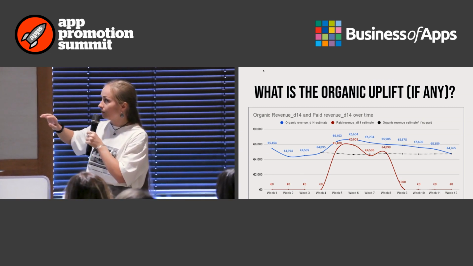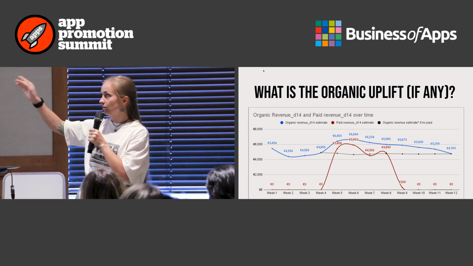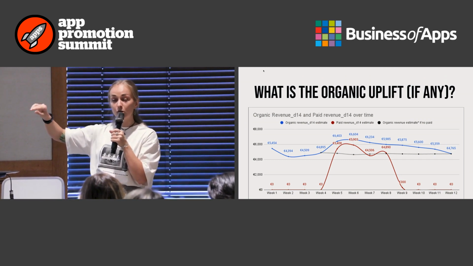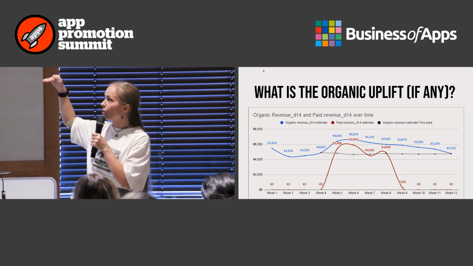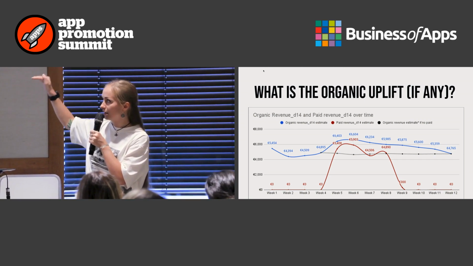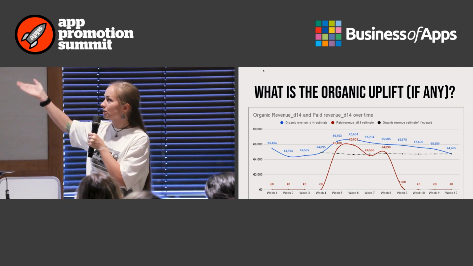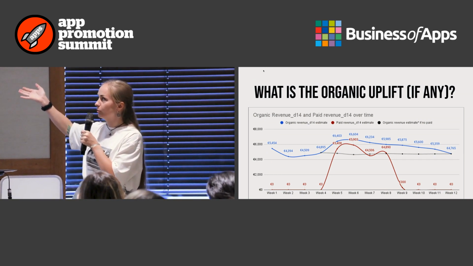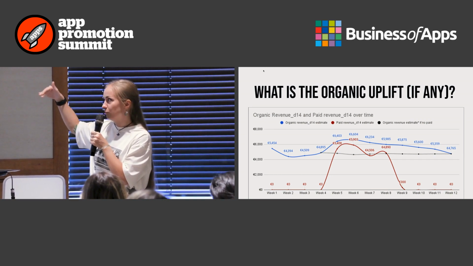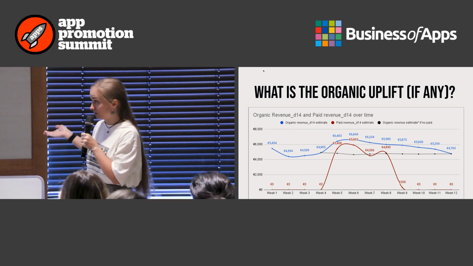And the situation in the story is as follows. How much money we were making when there were no campaigns. The dotted line shows what our organic revenue would look like if we had no paid activities, and the real one shows how much money we made. So what we can see in this beautiful example is that the launch of paid campaigns also increased our organic numbers,